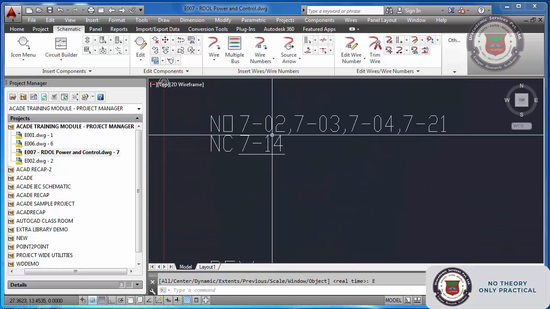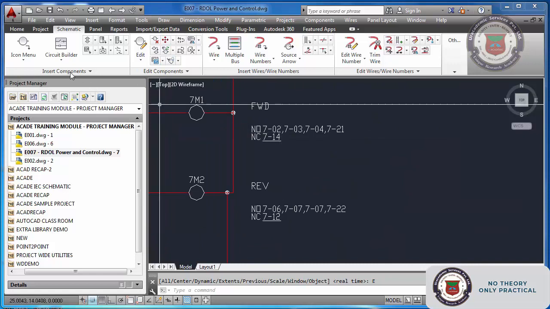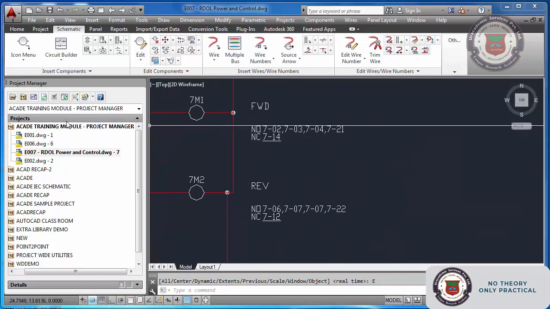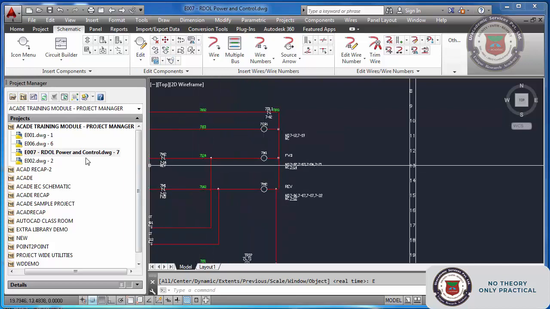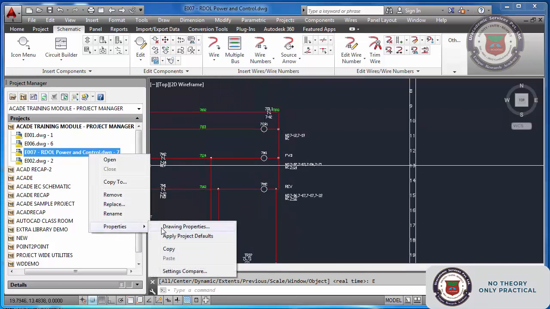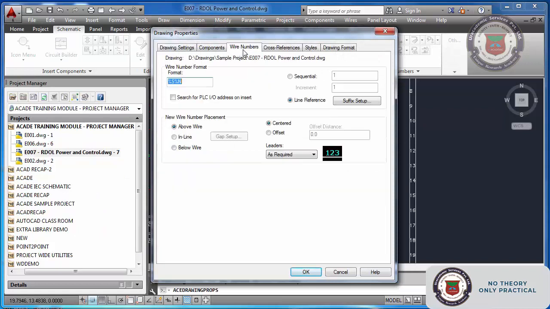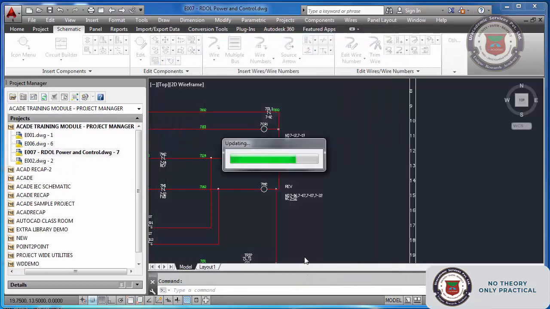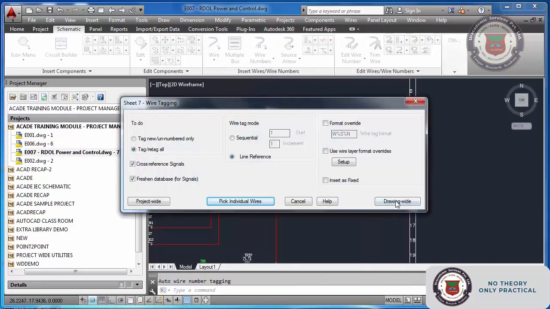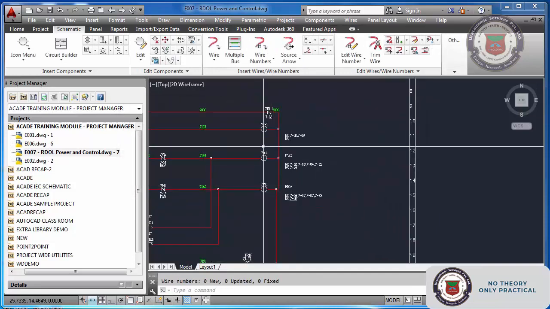See, again this cross referencing format we can change, we can customize this, that I will cover at a later stage. We can customize the styles of this cross referencing, even the ferrule number, everything. Just like if I want to put a prefix on the wire number, say let us say W before all these wire numbers. Now if I do the wire numbering, it's nothing. Now if I delete